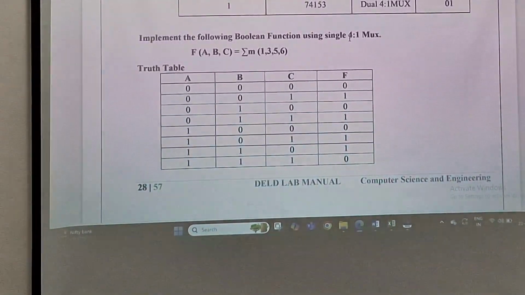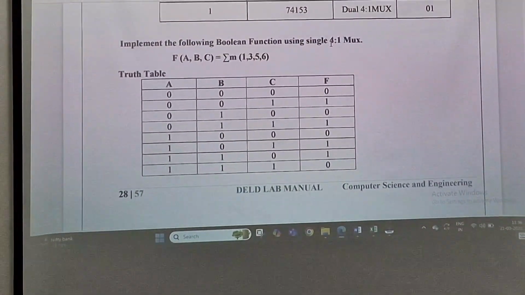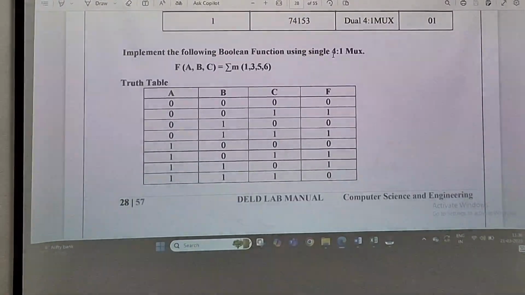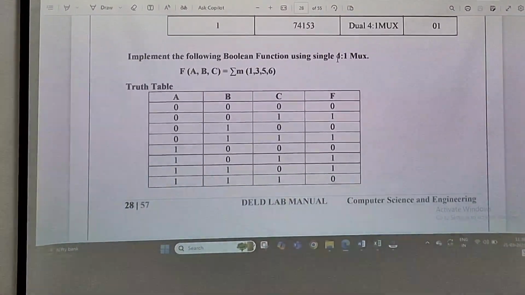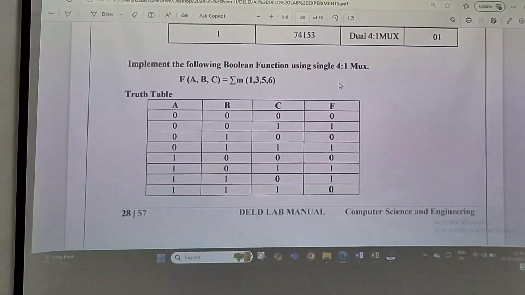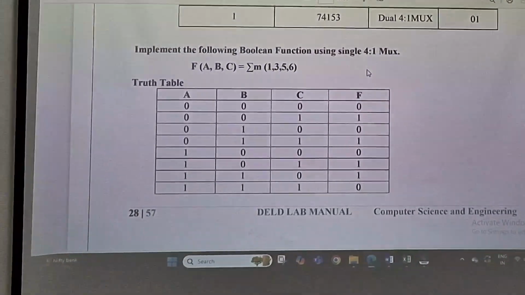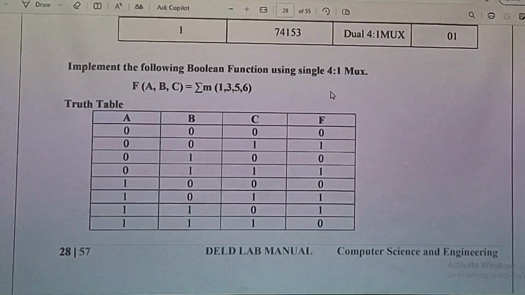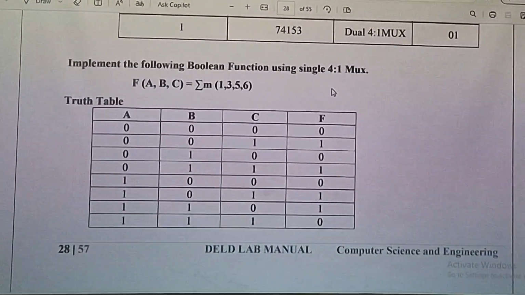So this can be implemented with the technique which is called a hardware reduction technique. ये implement कर सकते हो ये equation with the help of 4:1 mux से, लेकिन हमें हार्डवेयर रिडक्शन टेक्निक पहले solve करना पड़ेगा और उसके बाद आप implement कर सकते. Yes or no? Everyone got it?